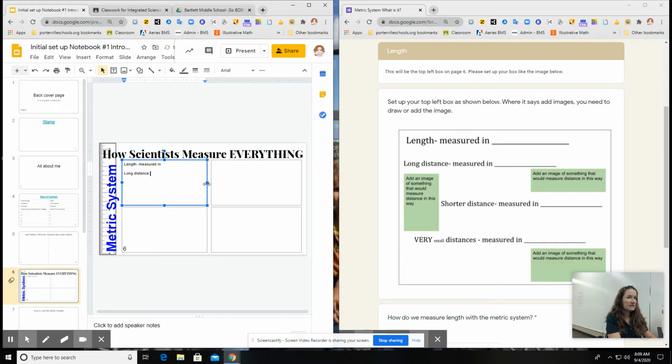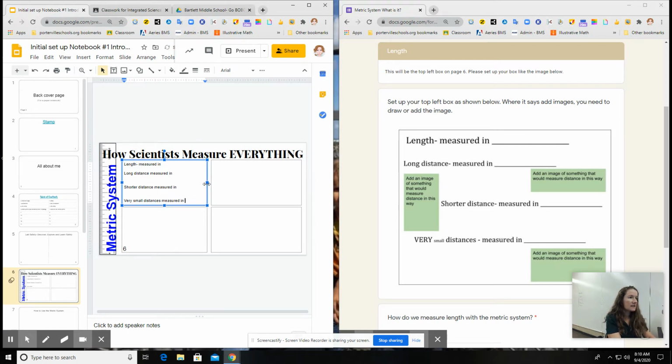Long distance measured in, another blank. Shorter distance measured in, another blank. Ooh, and then I got very small distances. Very small. I wonder why Miss Jakewish made the word small so small. Very small distances